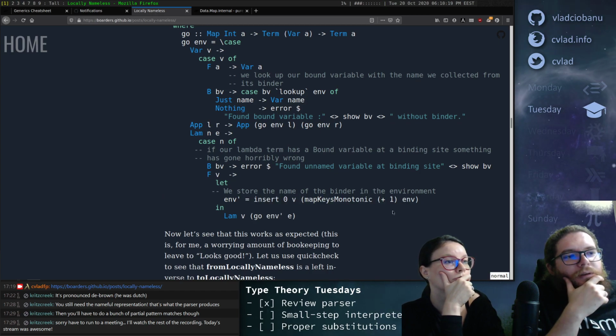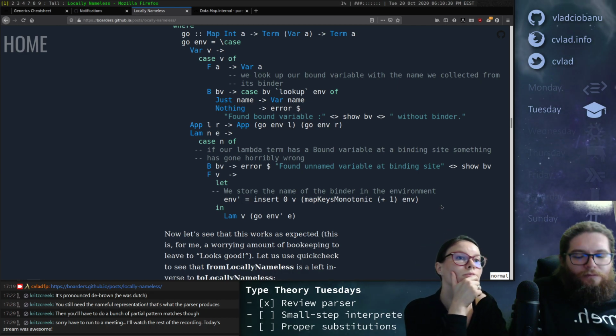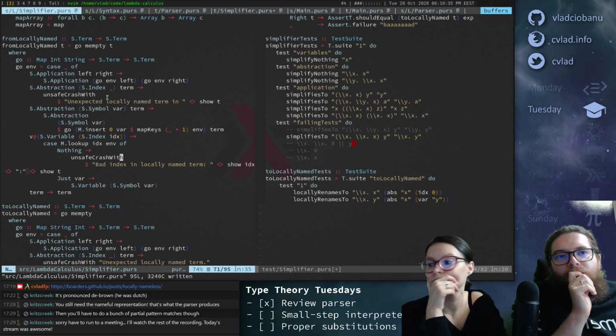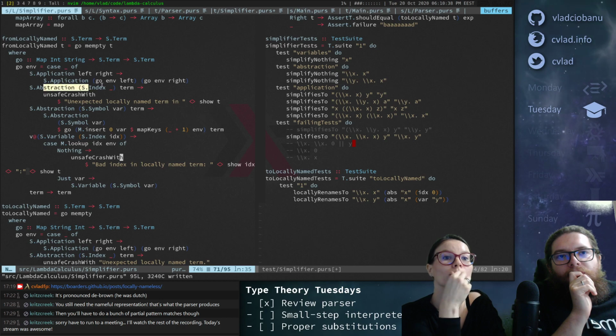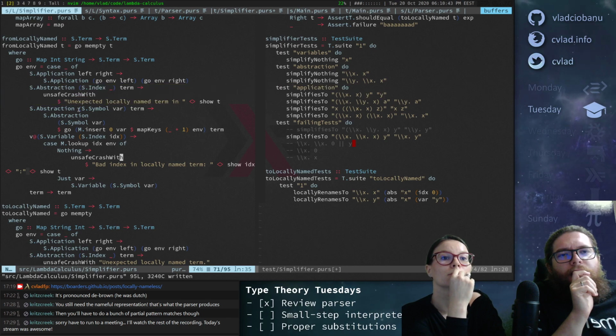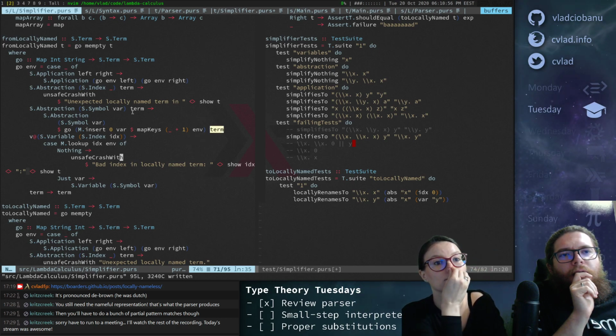It's the same, isn't it? We didn't get this, right? So it doesn't matter. So we have a symbol, then we insert 0 and then +1 on the environment over this term.